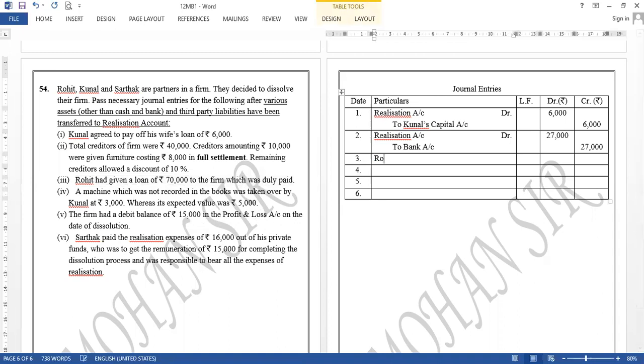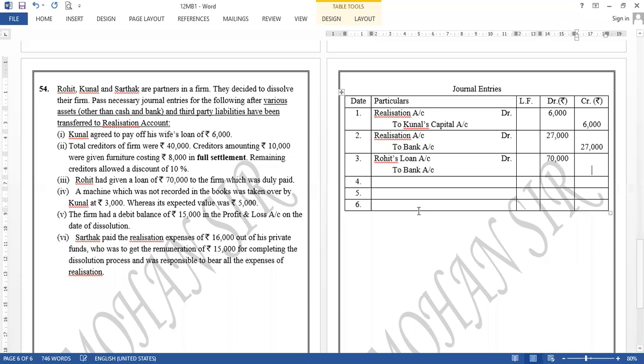That's very correct. Very, very good. Okay. We are paying the loan. So this is an entry where you can see that realization account is not involved, right? Though a liability is paid, but because Rohit is one of the partners, loan account हम अलग से बना रहे थे, so that has been paid. तो ठीक है, तो loan to bank. That's all. Amount of the Rohit loan account is rupees 70,000. ठीक है. Next.